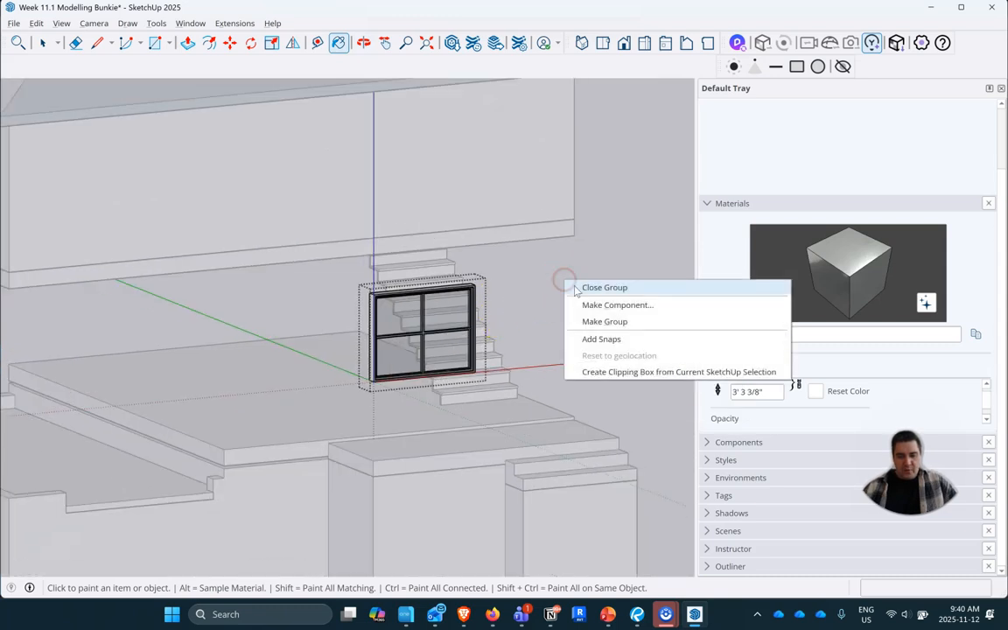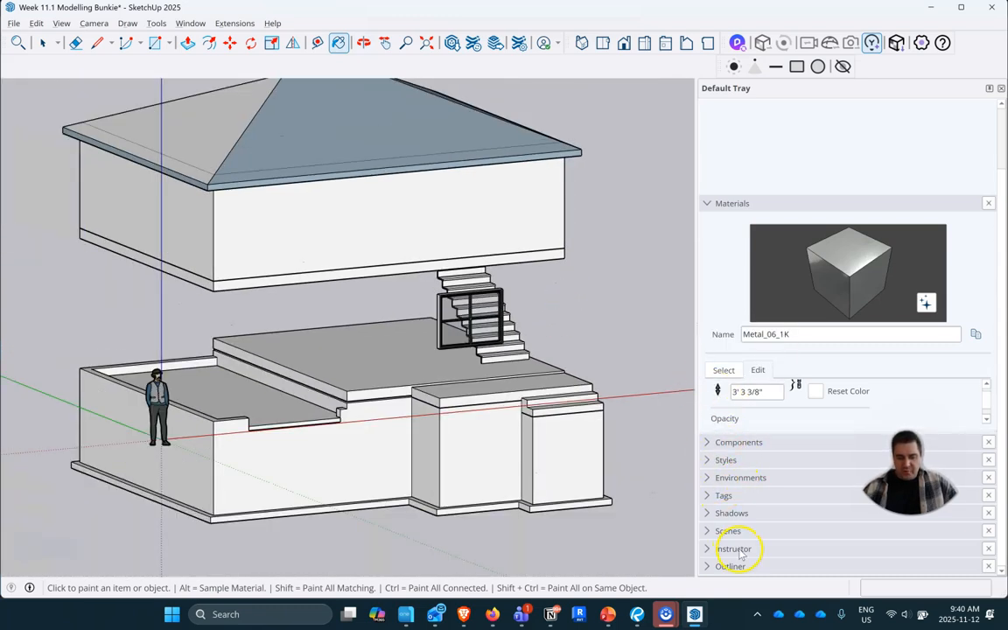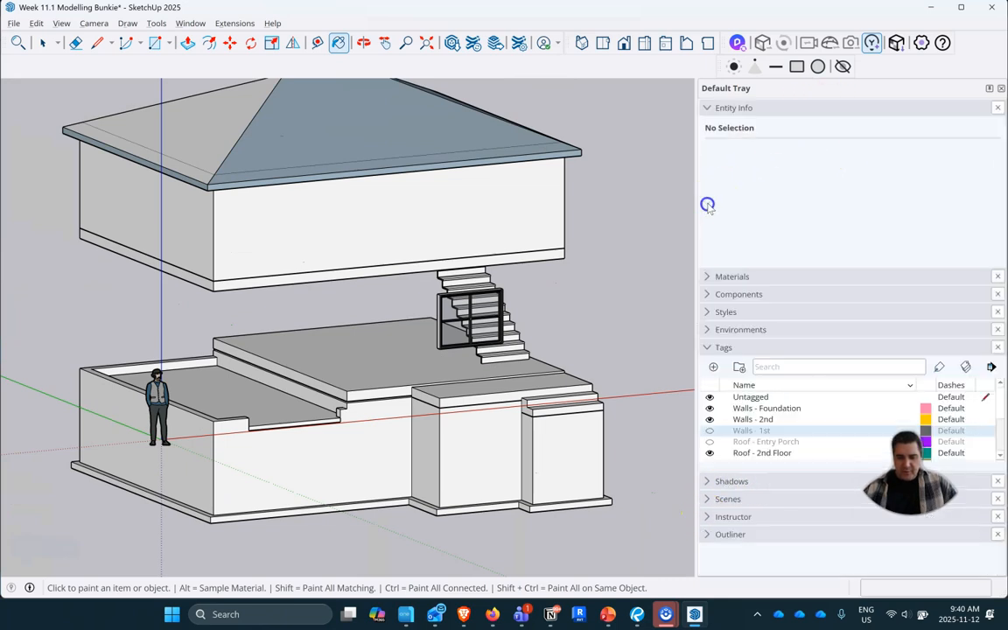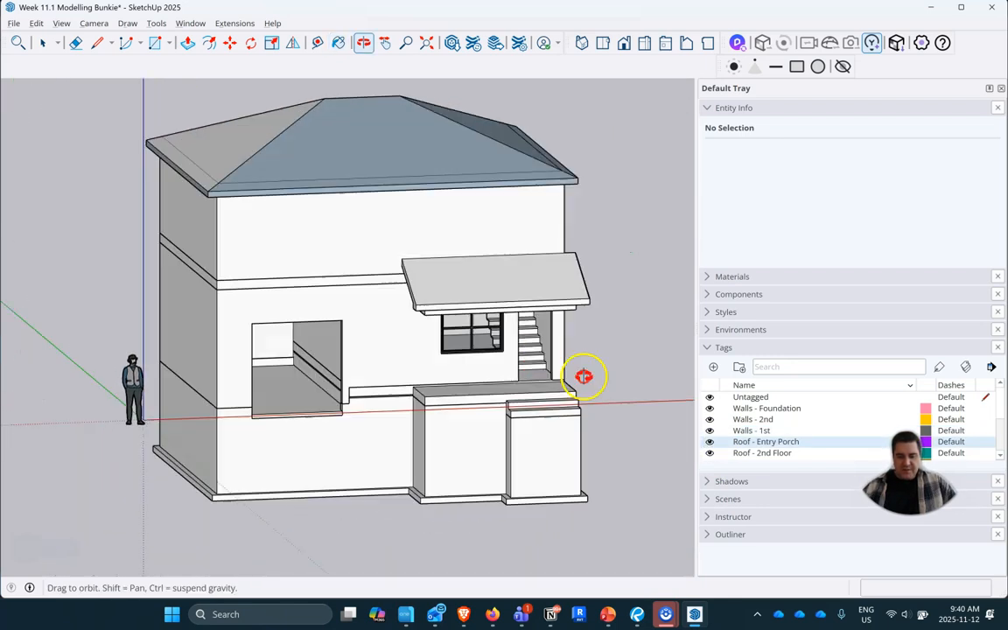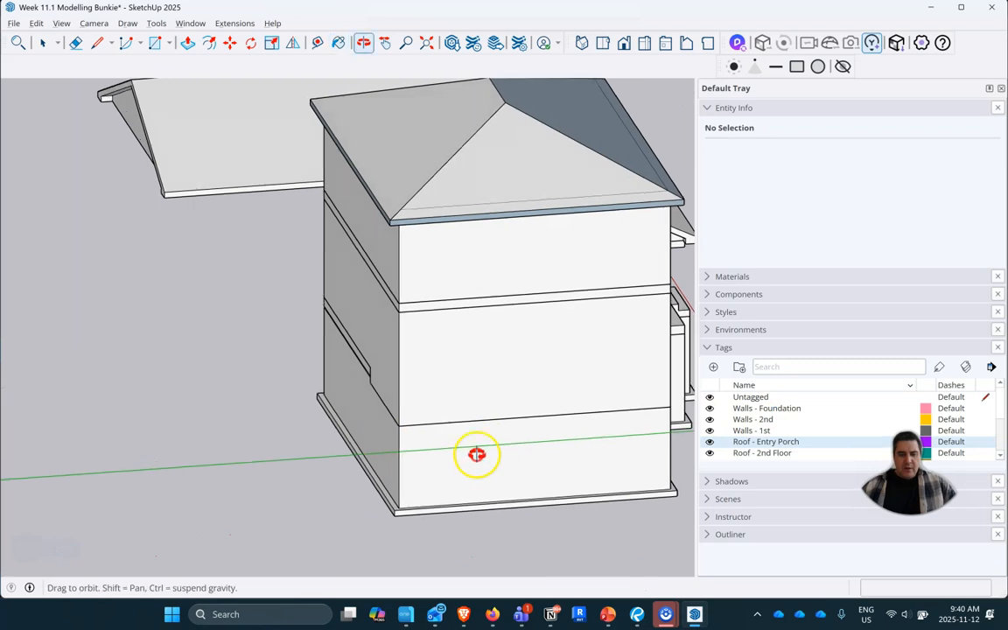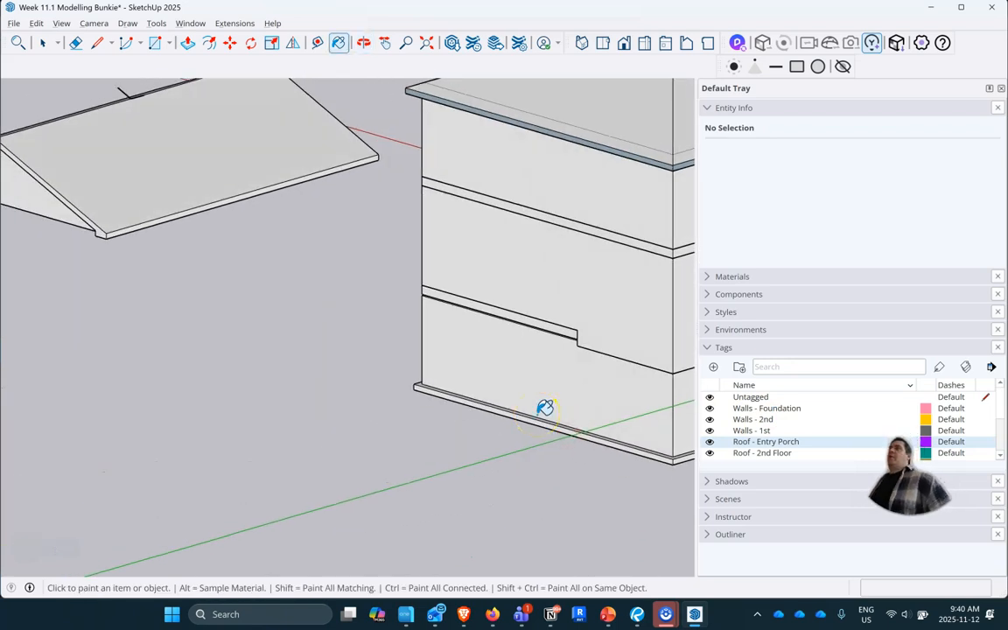So that's our window. Close our component, close our group. We can turn back on some of our layers here, so we can bring back on our walls and our roof. So that's windows. I didn't go over doing the multi-slide door, but maybe I'll see if I can do that in my next class. I'll do that in another video, and then we can use the remainder of time today to